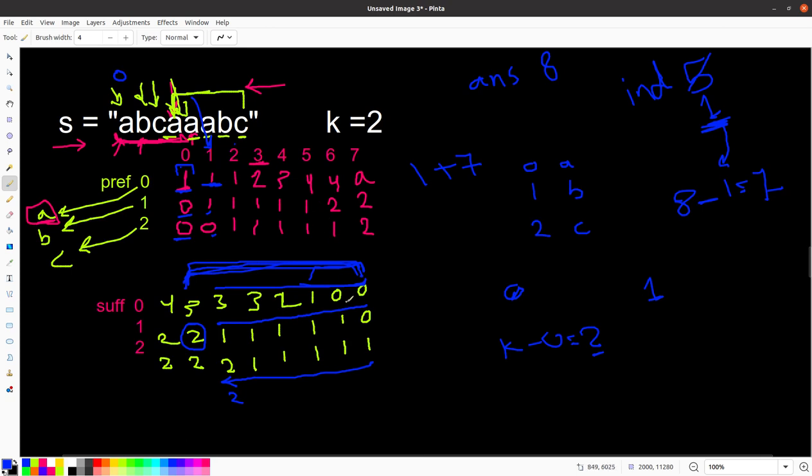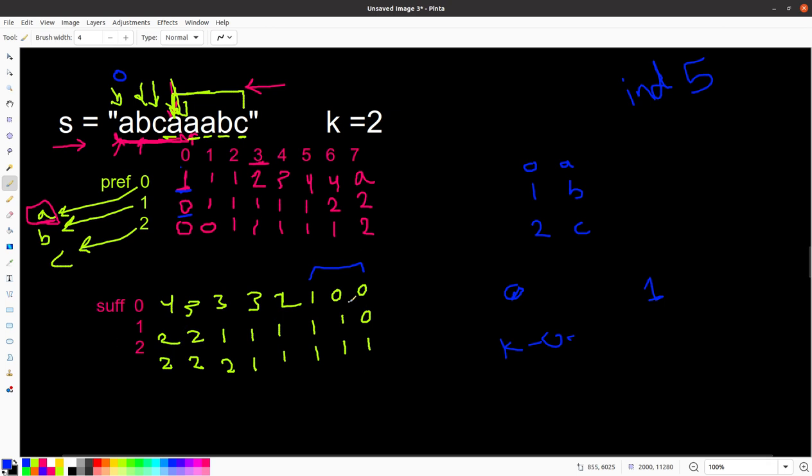Then after we are done, we will do another loop,